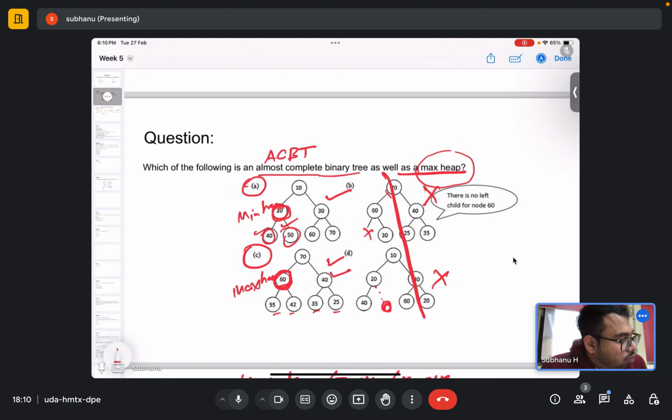So 40, which is the root node, is greater than its child nodes, and between 60 and 40, 70 is greater, so 70 is the root node. So option C is correct. This graph satisfies all the properties of the max heap. Okay,